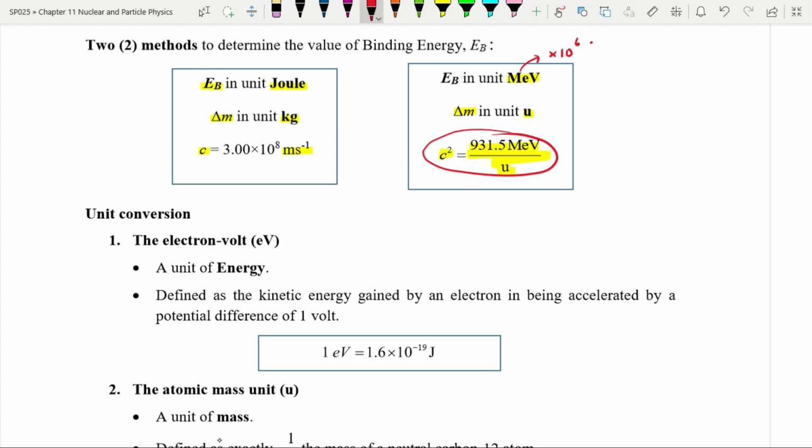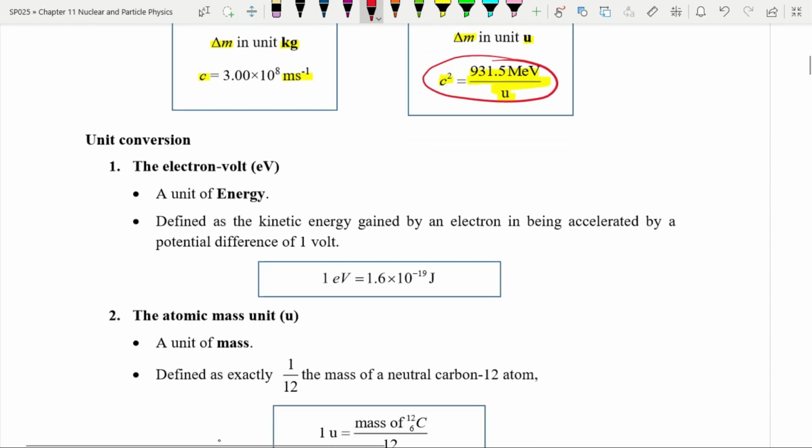Okay, so first kita tengok unit conversion antara joule dan juga electron volt. Okay, yang ni rasanya semua orang dah familiar. Electron volt is the unit of energy, another unit of energy other than joule. Okay, untuk kita convert, kita tahu dia punya conversion adalah 1 eV is equals to 1.6 exponent negative 19 joule. So that means to convert electron volt to joule,